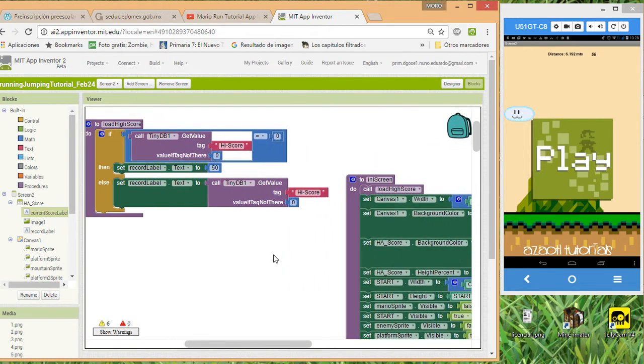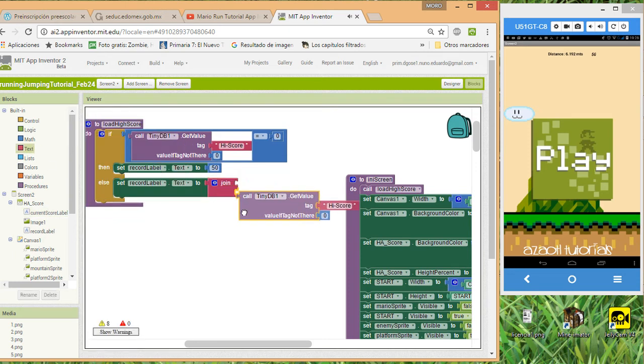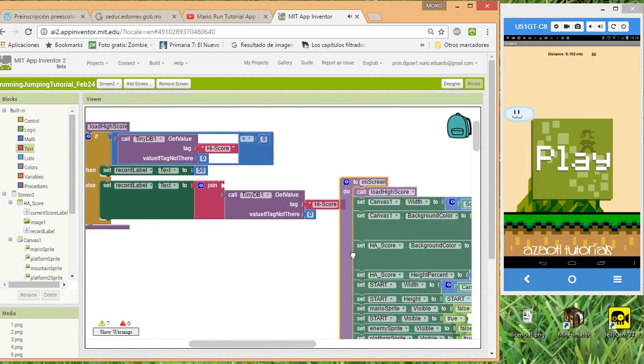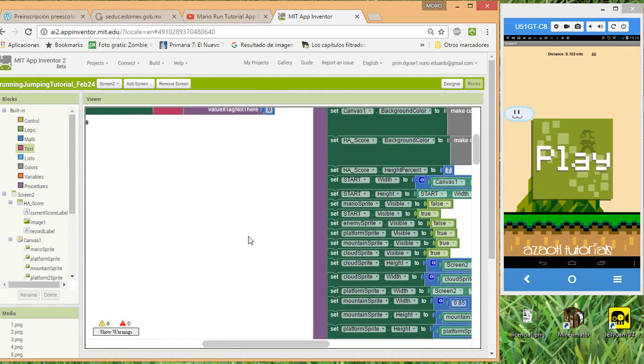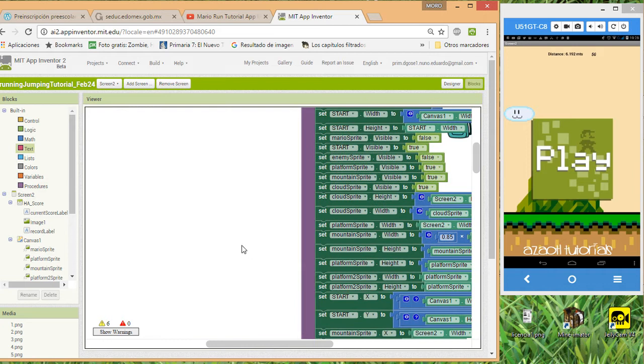the Highscore, we're going to set it here, but we're going to join this to Highscore. We're going to call it Highscore, actually the same name as the tag, and we're going to give here 2 spaces, and we're going to have the Highscore. Okay, well, now when we have this thing,